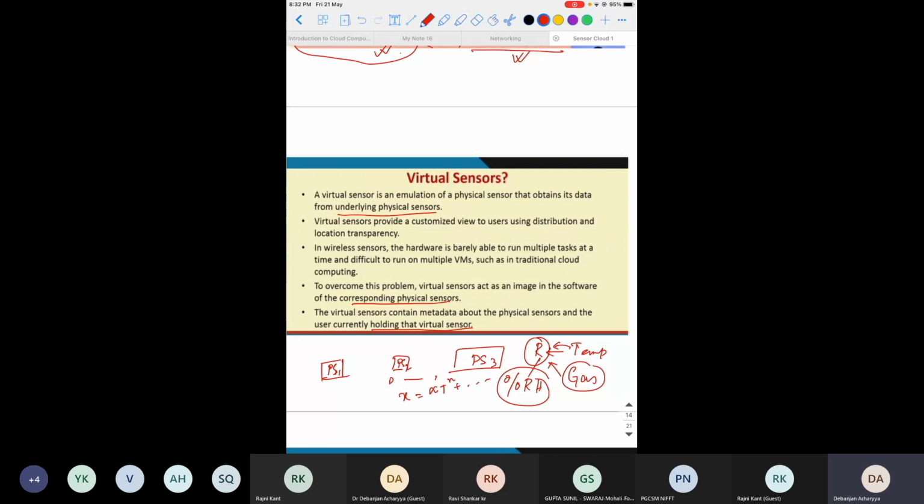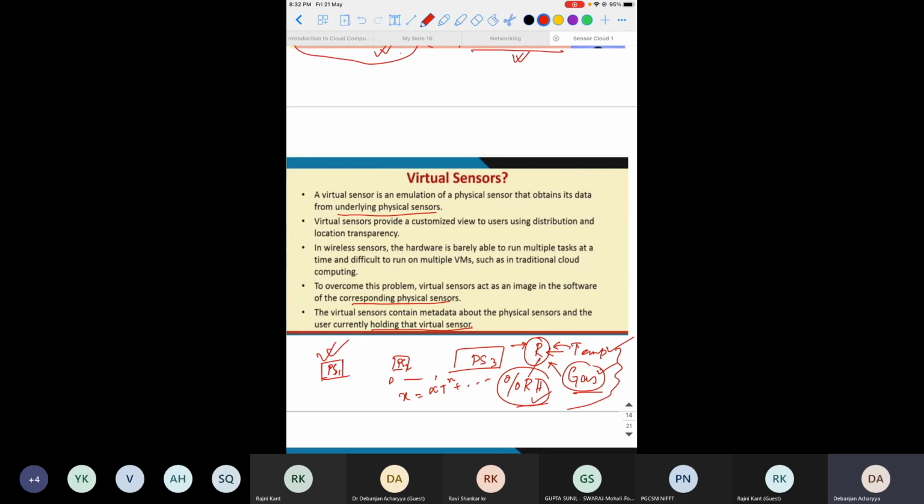There is a relation, and similarly for the gas sensor there is also a relation, and for the humidity sensor there is a relation. So the virtual sensor will measure only resistance and tell you what the temperature is, what the gas in the environment is, and what the humidity of the environment is. So you don't need all these three sensors. By using a virtual sensor, you can get the data for temperature, gas, and relative humidity.